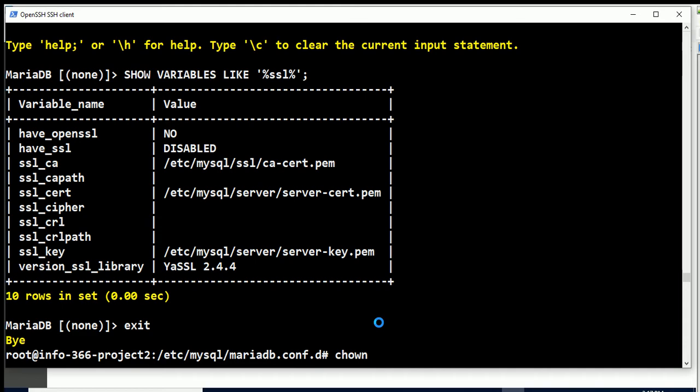We would probably be more granular with how we set the permissions. But I don't want to go down that rabbit hole of explaining how permissions work in Linux. So we'll just do it overall. We'll just make it wide open. We don't really care. It's just a test server. So I'm gonna change the ownership to MySQL for everything in etc/MySQL SSL,